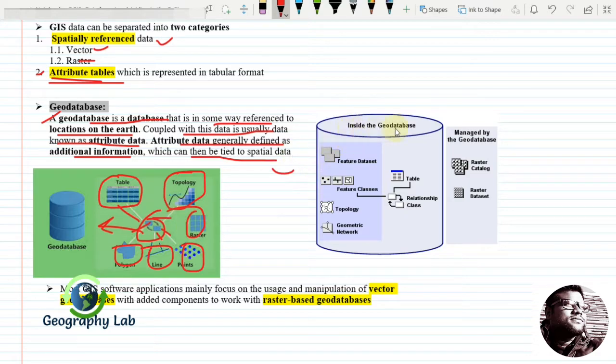Inside a geodatabase we have feature datasets, feature classes, topology, geometric networks, and obviously attribute tables and their relationships, as well as the raster catalog and the raster data. So both form the geodatabase.